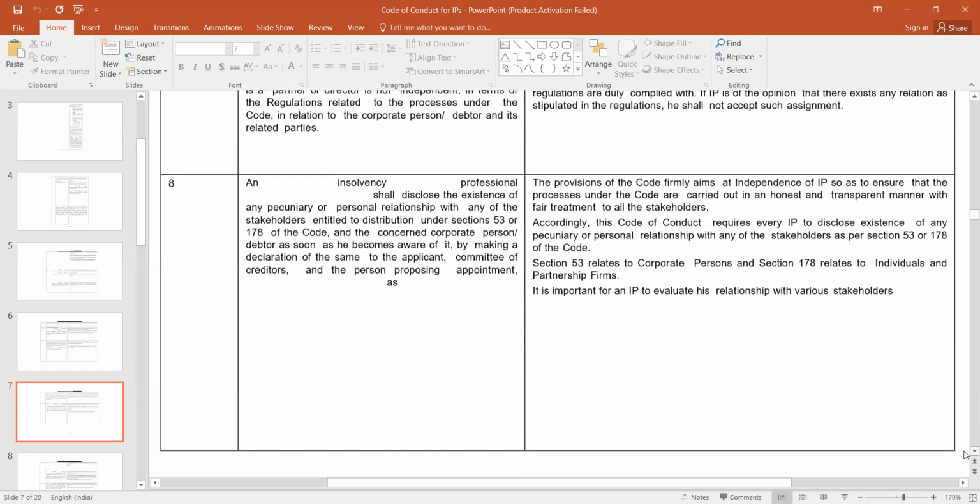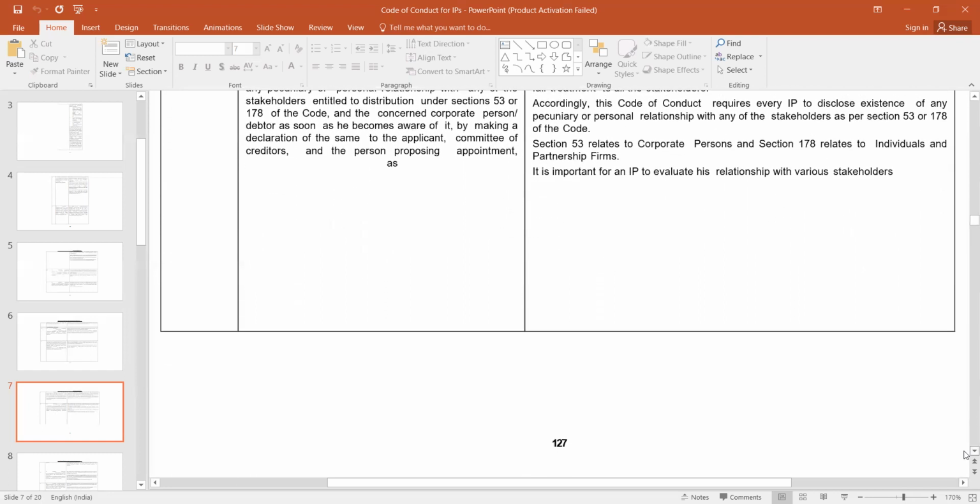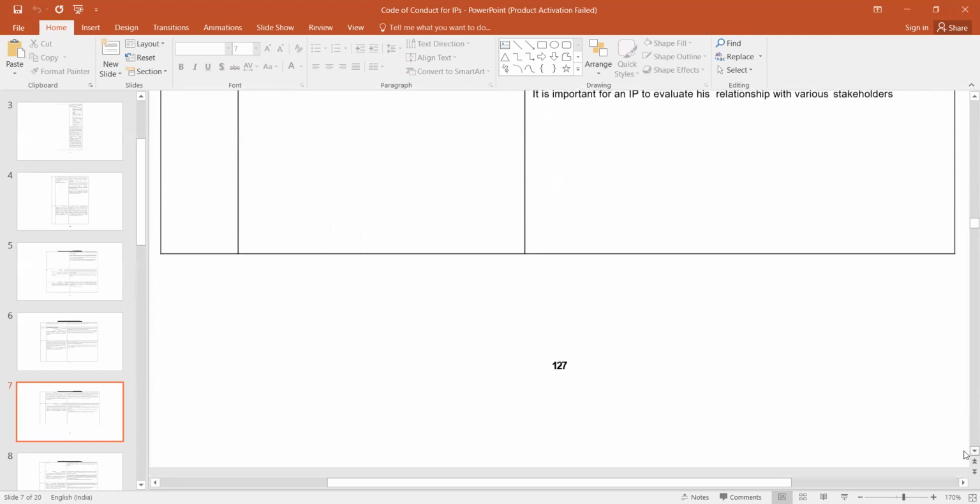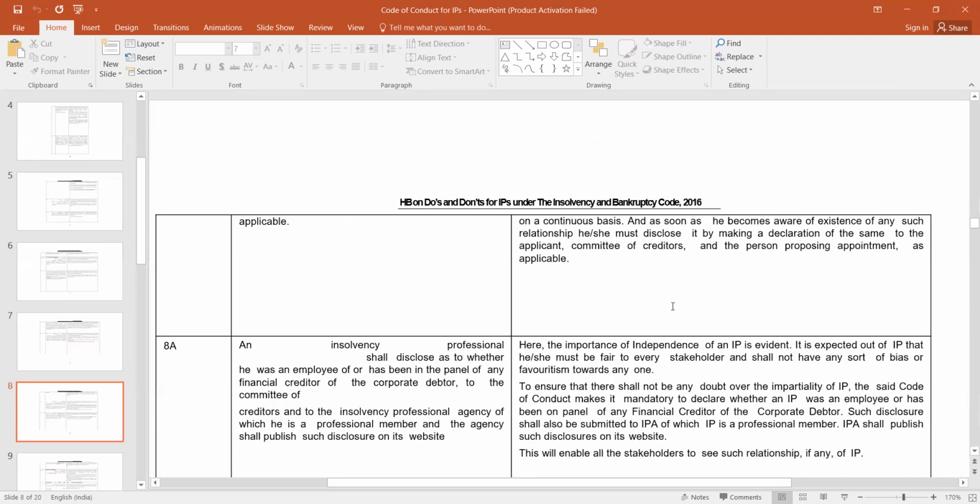So you have to evaluate the relationship with various stakeholders on a continuous basis. And as soon as you become aware of the existence of a relationship, then you must disclose it by making a declaration of the same to the applicant, committee of creditors, and the person proposing appointment as applicable. Now, here, let us take a situation that, okay,